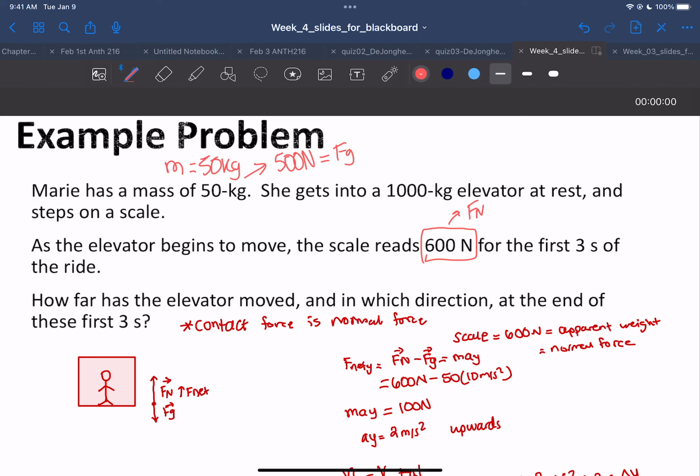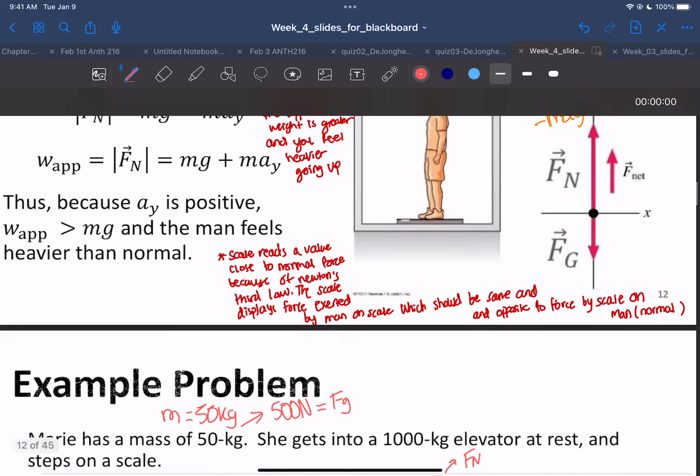Not necessarily just Fn minus Fg. That could be our net force equation, which is excellent. But the sum of the contact forces, remember, Fn is our only contact force, right? Fn is the only contact force that we have here. It's between an object and the surface of contact, right? So if Fn is our only contact force, if you remember,